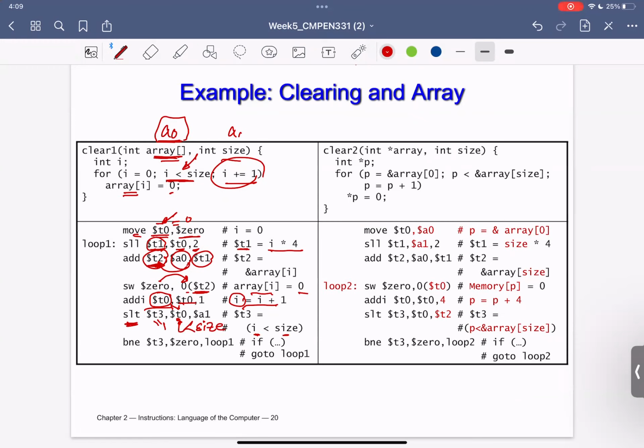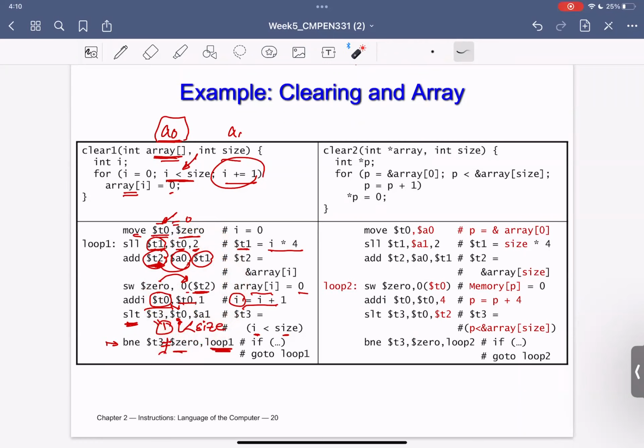Suppose that this is the case, that T3 is equal to 1. Then the next step is to check, is T3 not equal to 0 or not? In this case, it is equal to 1. So of course, it is not equal to 0, so please loop. I will just loop until that will be equal to 0, and then I will stop. Correct?